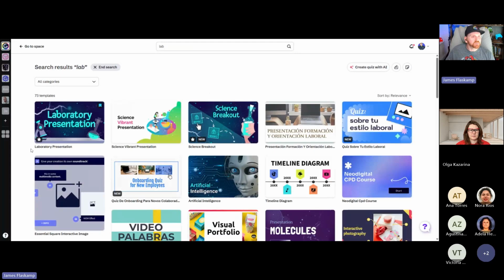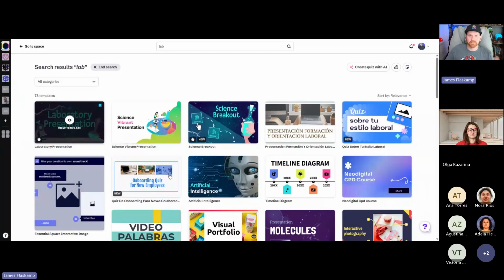Okay, and so now you notice this one has a little star in the bottom left. That means it's a premium template. Most of our templates are free, right? And our free plan is fully functional. You can do unlimited creations, and many teachers get by with our free plan. But if you upgrade to a premium plan, then you can access all of the templates, including the ones like this one. Now, that being said, you don't need this template to do what I'm about to show you.